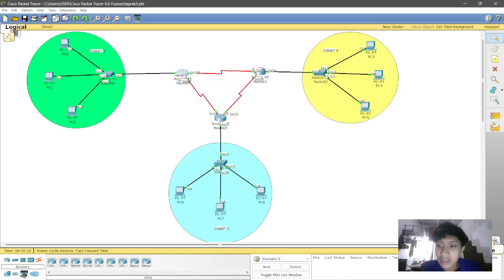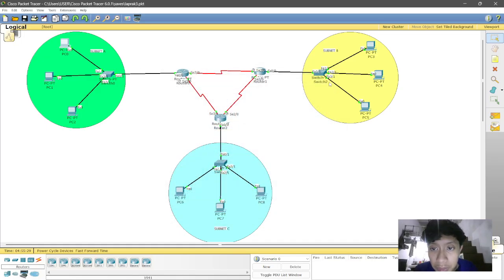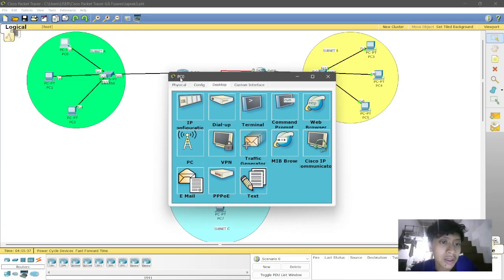Okay, for the next step is the connectivity testing. I will try the PC0 to PC5. In here, PC5, the last 2 digits is 68. I will try to ping it.